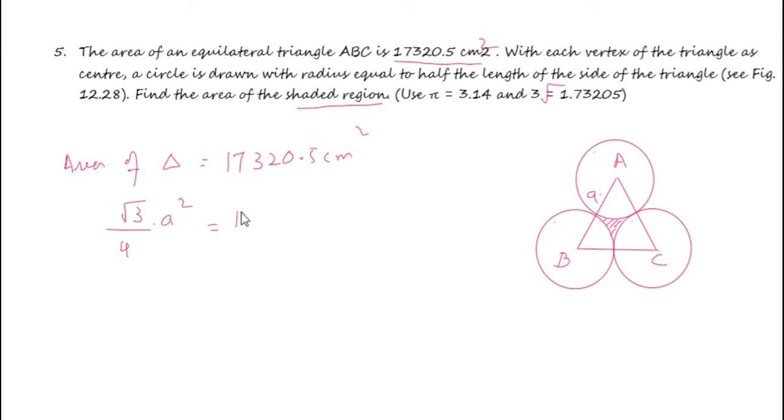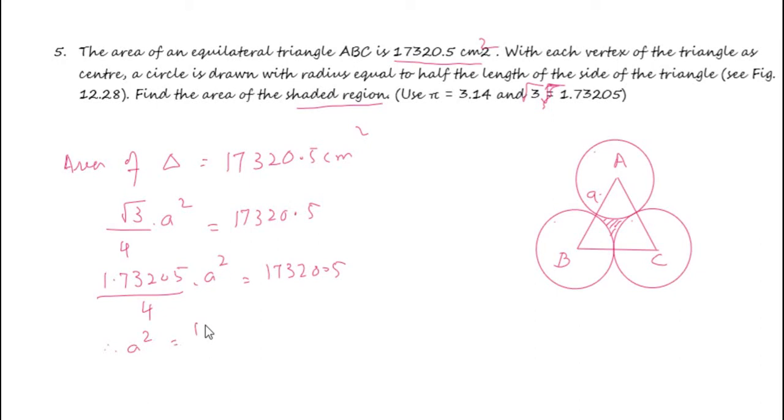This is equal to 17320.5. Now the root 3 value is given, that is 1.73205. So 1.73205 divided by 4 into A square equals 17320.5. Therefore A square